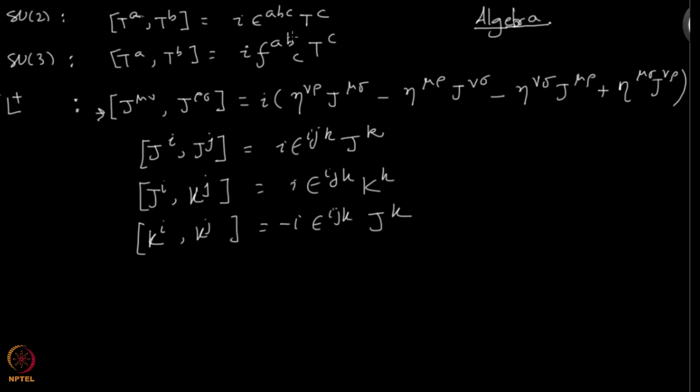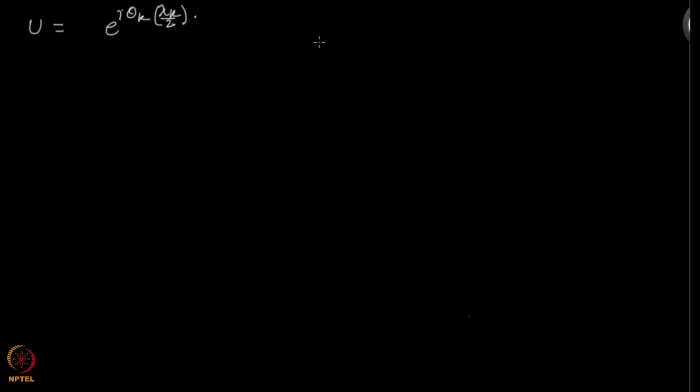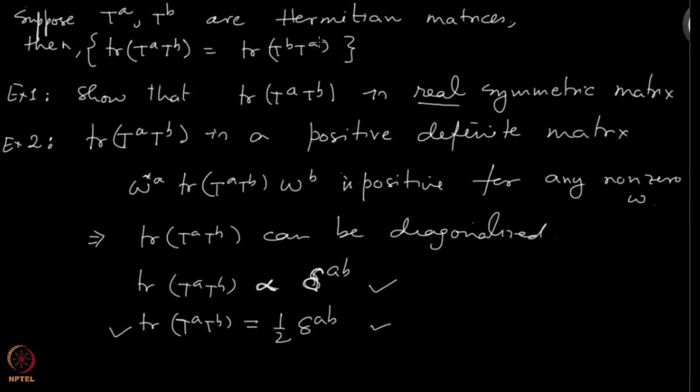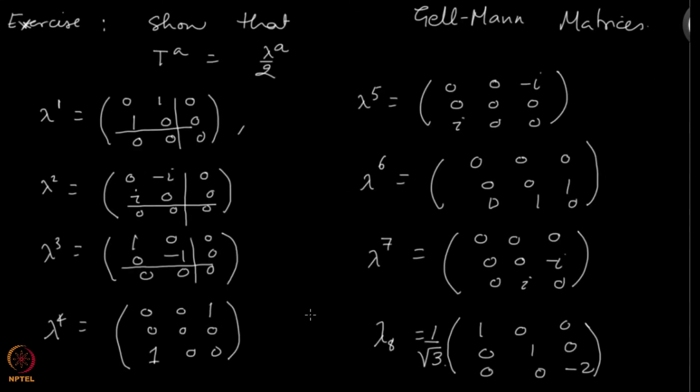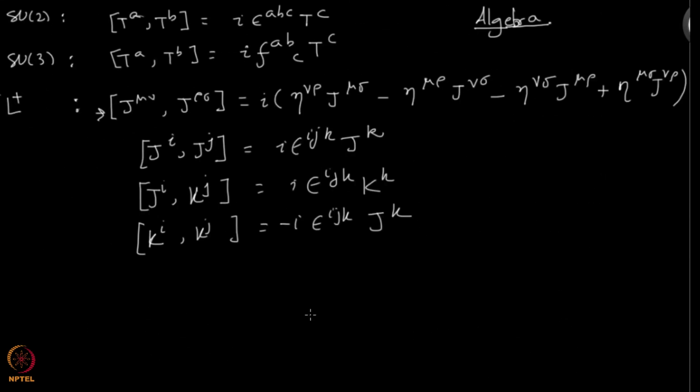But of course, if you choose the generators to be such that they satisfy this normalization property which we were discussing last time, this one, so you can choose a linear combination of these Hermitian traceless generators to be such that this property is true, then you can argue that this will be fully antisymmetric under ABC interchange, and in that case I will put the C up, so that they all have the same status.